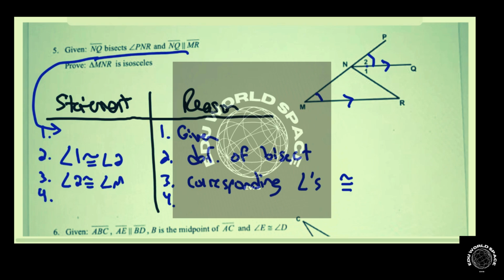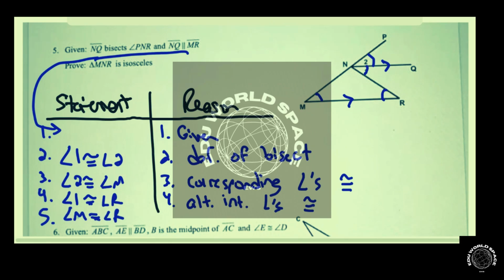And in a similar way, we know that angle 1 would be congruent to angle R because of alternate interior angles are congruent with parallel lines. Alternate interior angles, which then would mean that angle M and R are congruent,